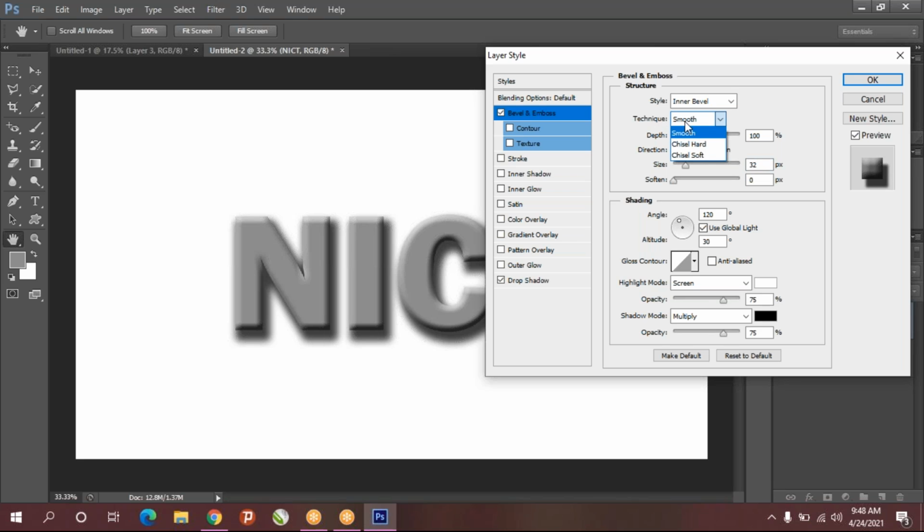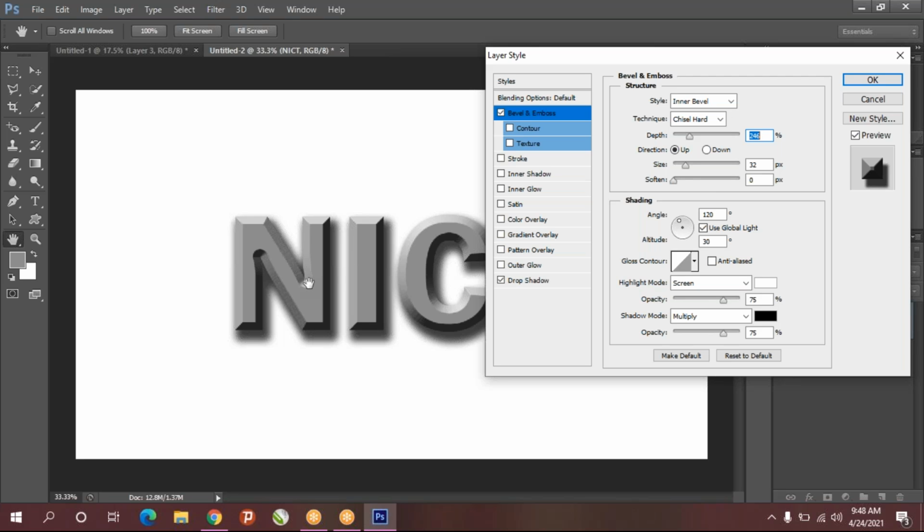The technique, you make it chisel hard. Chisel hard. You can give depth of the bevel level and the size, let it be that only.